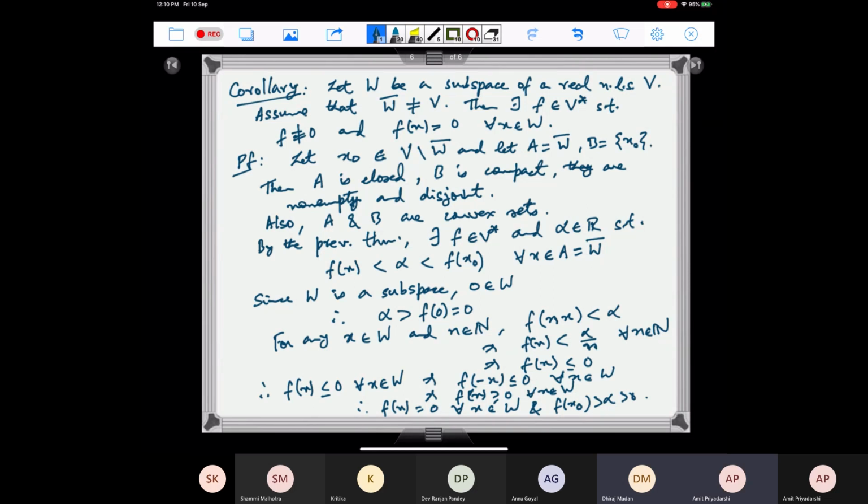Yeah. So you will need some more things to be able to do that, because in general, the way you extend, it need not even be a bounded linear functional. So the continuity can also fail, right? If you just extend it by putting it 0 on the rest of the basis elements, then it need not even be continuous. It is a little more difficult to give an example, but it can be shown that when you extend like that, it is not a continuous functional. So therefore, that will not work in general.